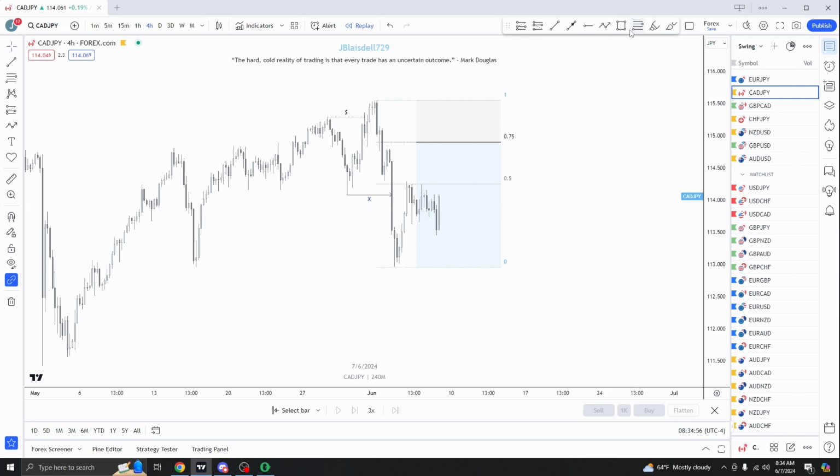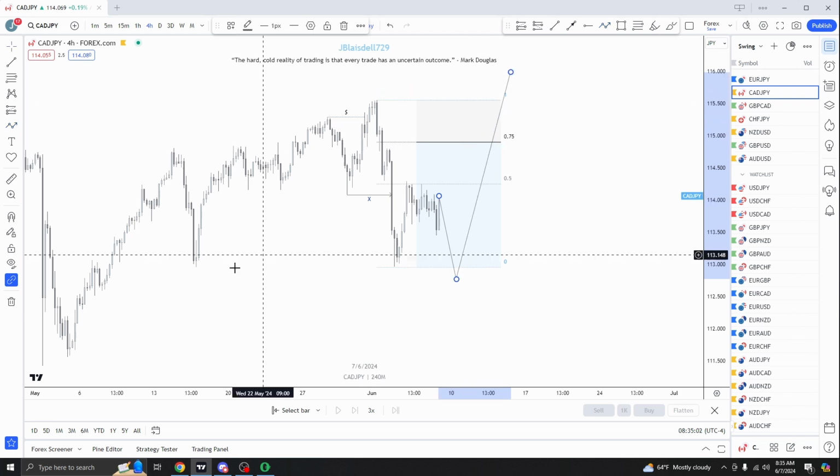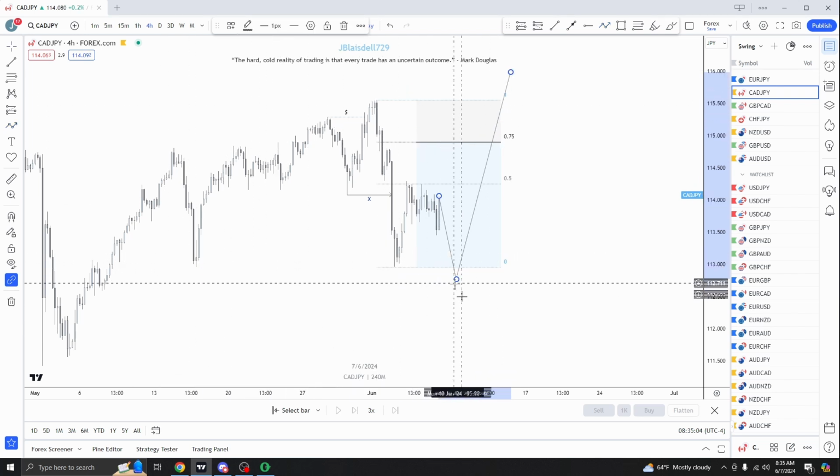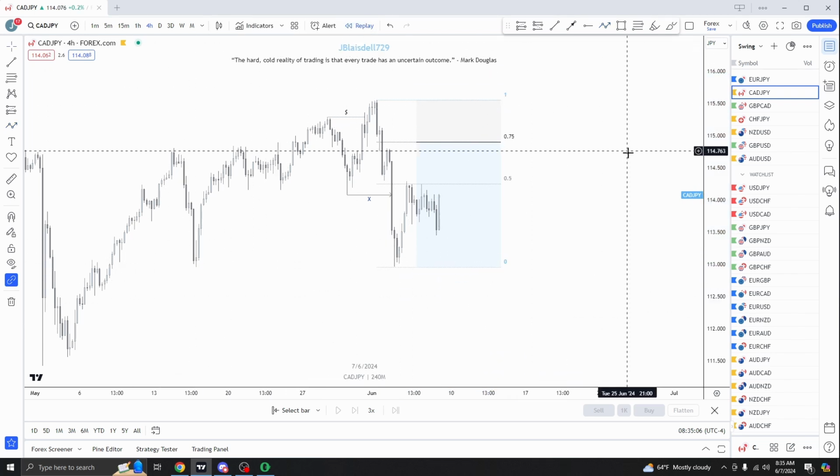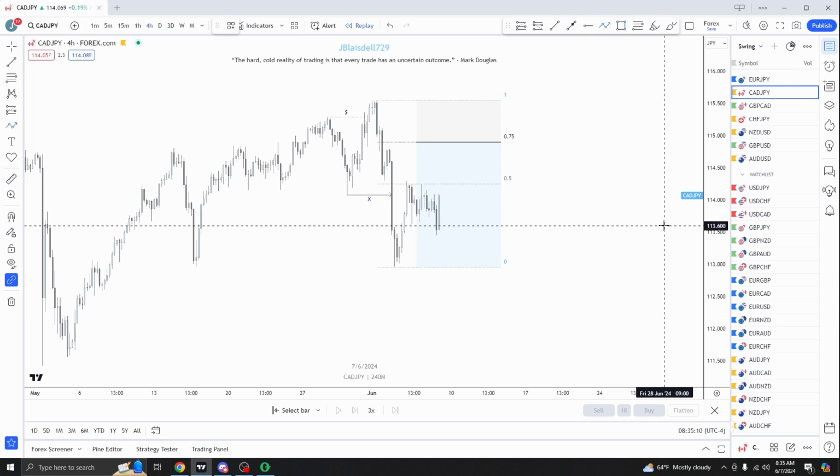Honestly, probably not. If it just wicks this low and then starts coming back towards my entry, I'd say it's more likely grabbing this equal daily low liquidity to then run the high, but it's not really something I fear. Losses are just honestly part of the game. There could be a million reasons why I look back on a trade and tell myself, oh, I should have deleted then, or I shouldn't have held it. And at the end of the day, I feel like once you get more comfortable data-wise,